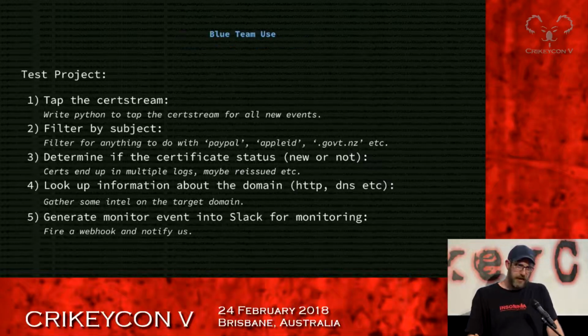Because I'm in a big sort of thing at the moment where people keep saying, look, the red team keeps winning, you guys keep kicking everyone's ass, I decided that for any research that I do over the next couple of years, I'm going to produce the blue team solution with it. So I took the time to build a blue team example that says, all right, let's tap into the cert stream, let's monitor it, and let's see if there's any domain that matches the keyword that I'm interested in. Can we do some recon, generate an alert, go through it?